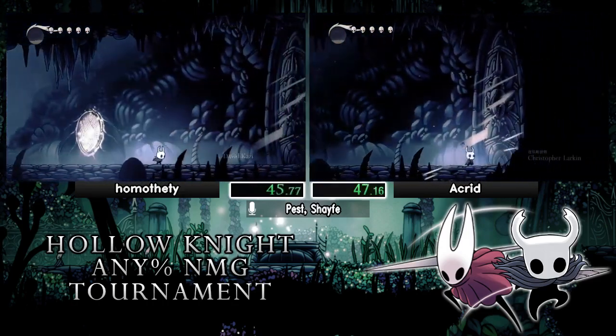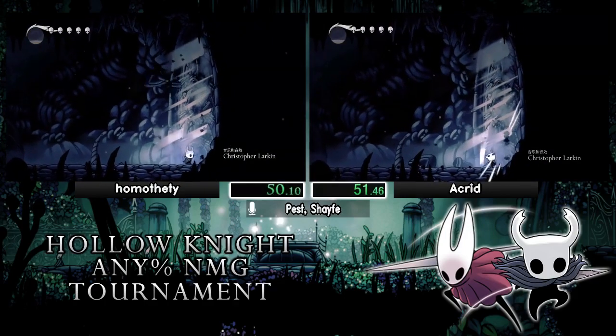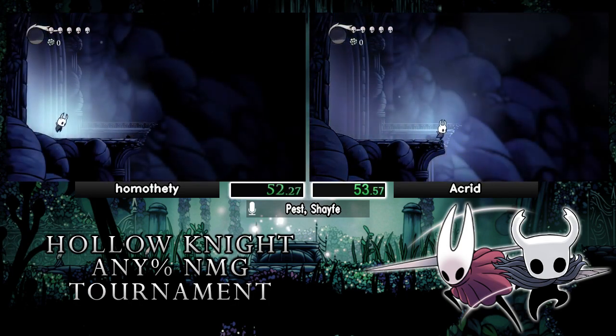But yeah, the first place we're going through is King's Pass. It's a very, very static area. Not a lot really happens. We'll be expecting people to get like a 51 or a 52-ish, and yeah, homothety gets a 51, and Acrid gets a 52, so...